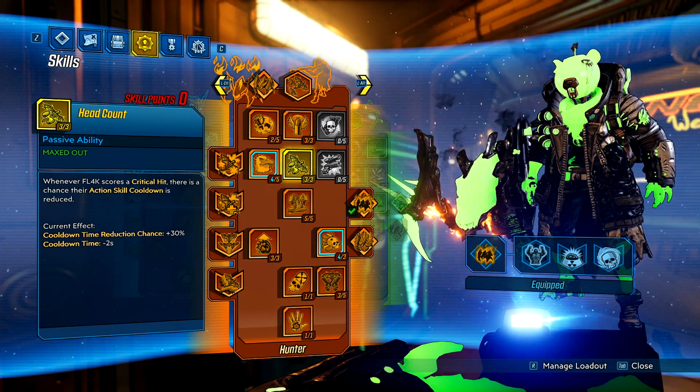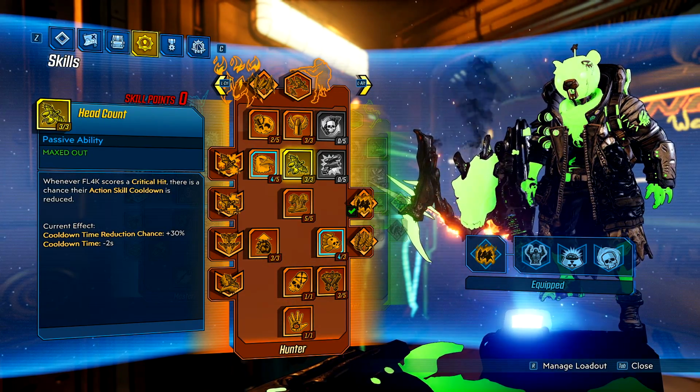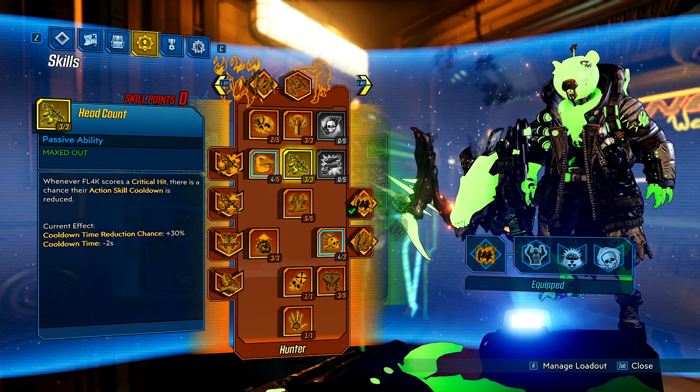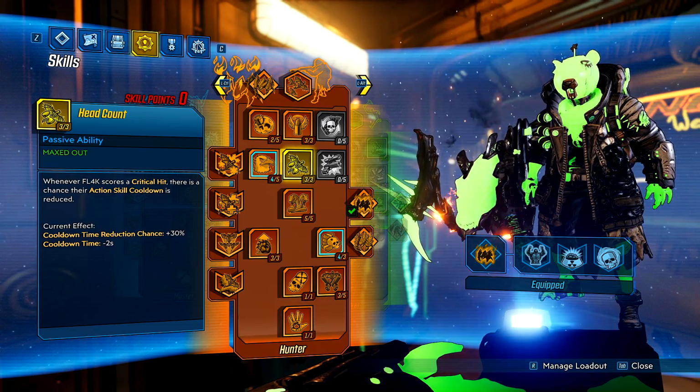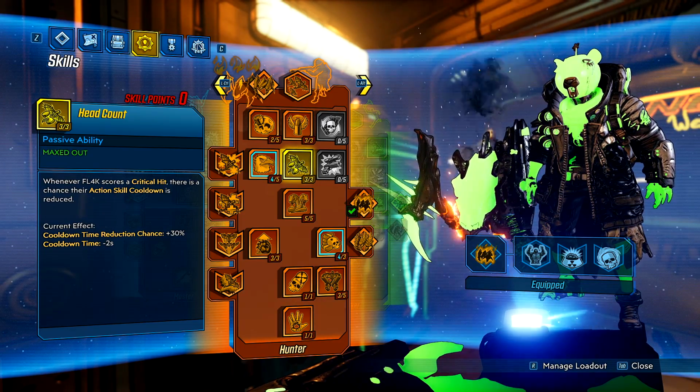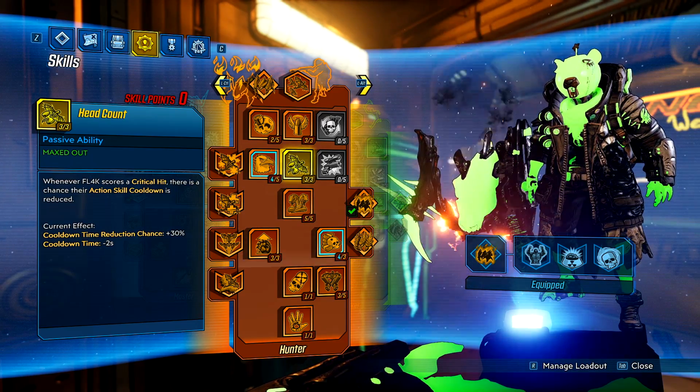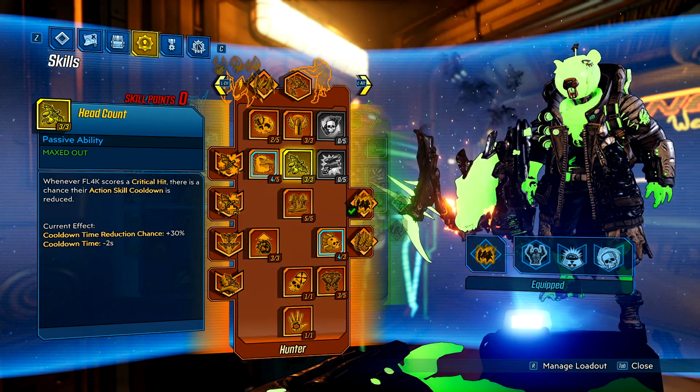Another super important talent, Head Count. Your crits have a chance to lower your action skill cooldown, and as you'll see, once your Gamma Burst duration is over, you shoot 1 or 2 lumps into a big group of enemies, and your action skill is pretty much back up. You can reuse Gamma Burst. You'll only have like probably 5 seconds in between Gamma Bursts, which is super strong, so you're constantly getting massive